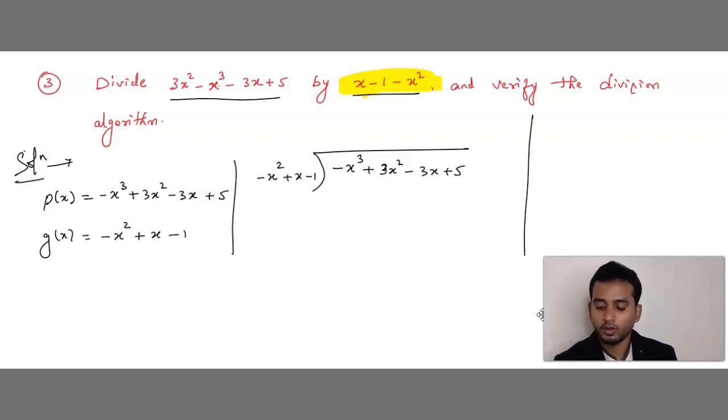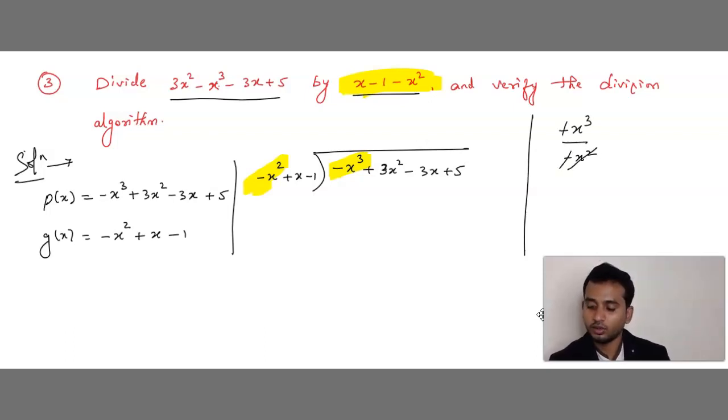Put one working column. What is the first term? Minus x cube. What is the first term? Minus x square. That is nothing but minus x cube by minus x square. This minus get cancelled. X square 2 times get cancelled. 1 time is left out, right? 1 time. Now multiply. Minus into plus, minus x square into x, x cube. Plus into plus, plus x into x, x square. That is 1x square. Minus into plus is minus. 1 into x is 1x. If you want, you can write here also 1, here also. Okay. Next, this is plus, this is minus, and this is plus.